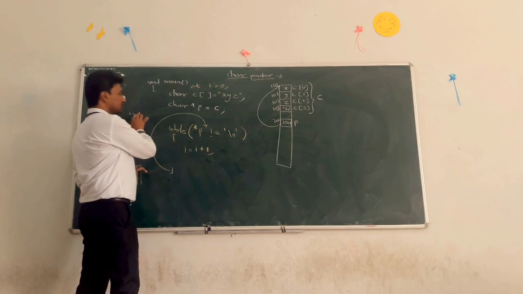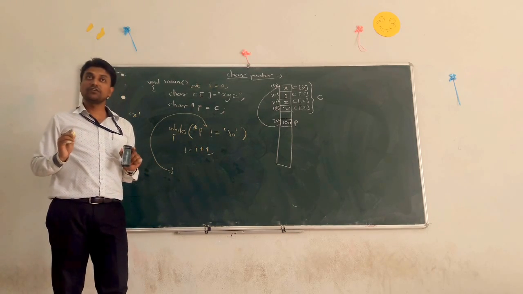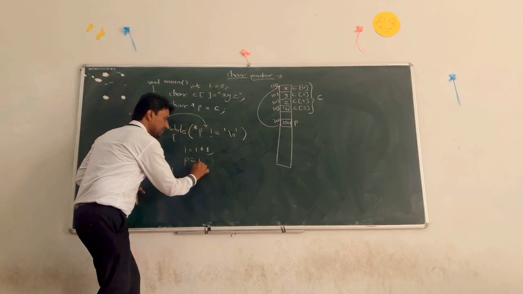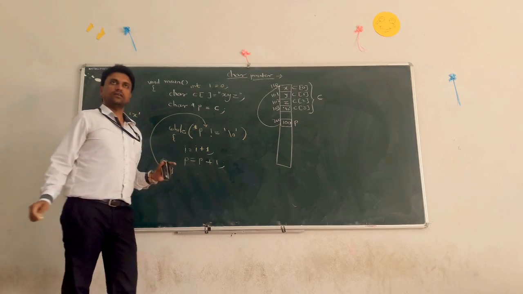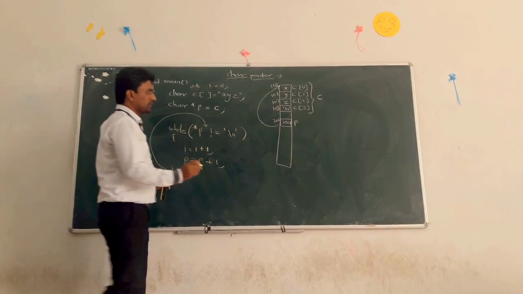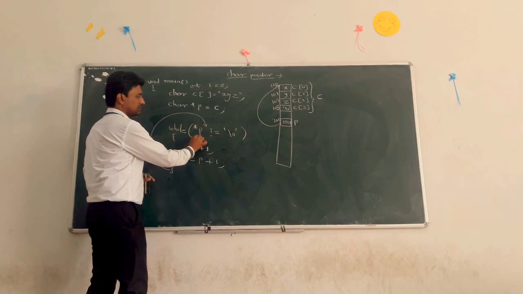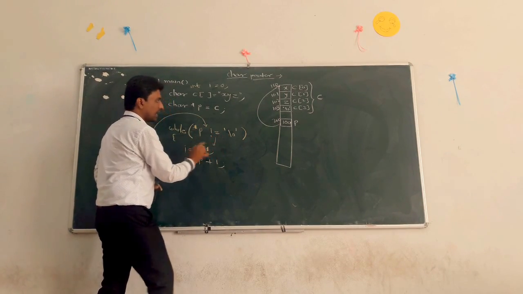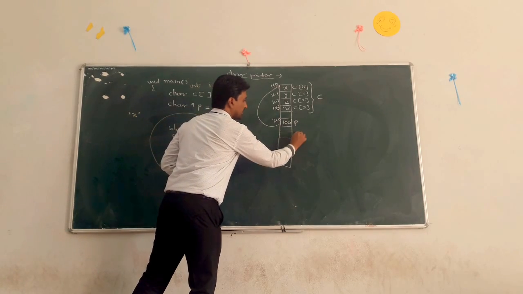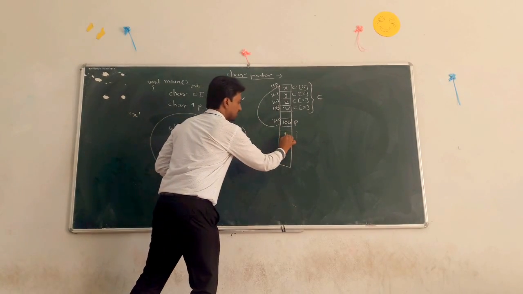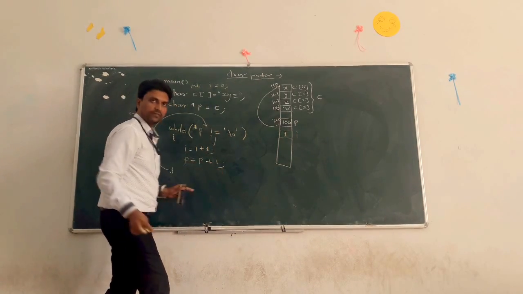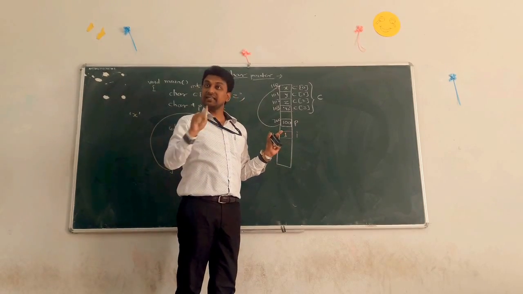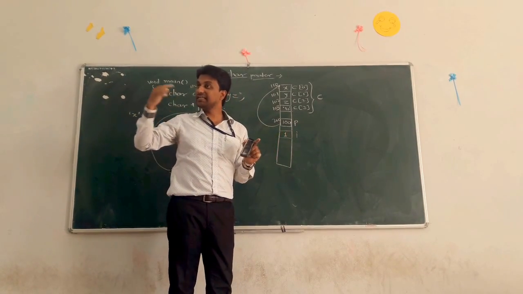Again pointer p gives you single quote x. So what we want is to increment that pointer by using p plus plus, or p is equal to p plus 1. That means now what happens? First the condition: single quote x not equal to slash 0, condition true. After that, i now becomes 0 plus 1, that is 1. Next, p is equal to p plus 1 means what? Increment p by one address location.